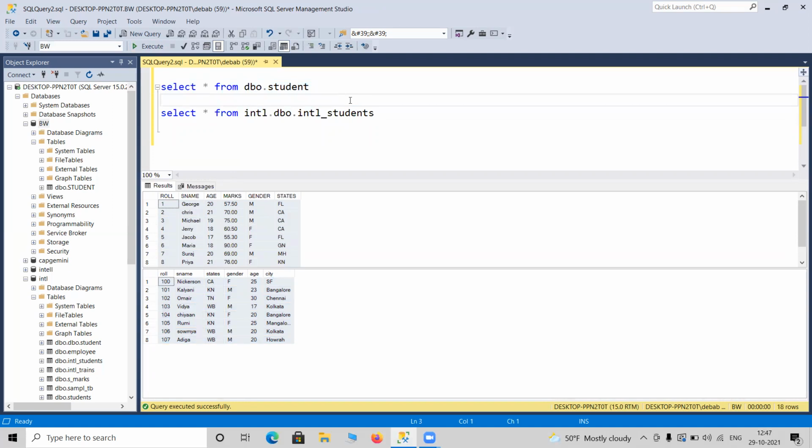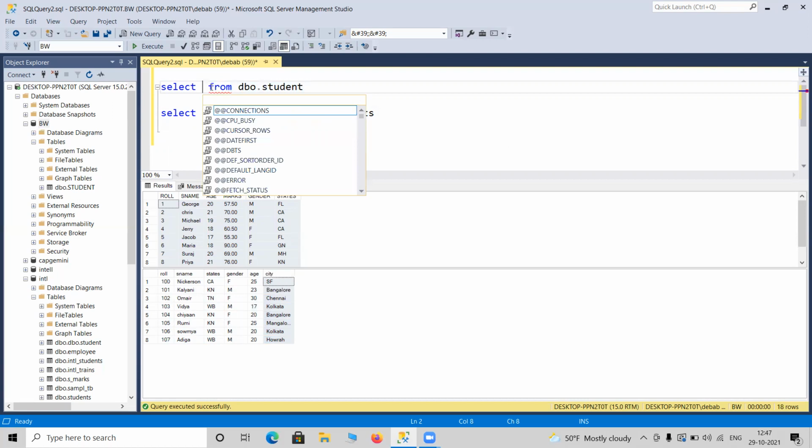Obviously, it cannot be combined directly, since the fields are quite different here. We have gender here, but we do not have marks here, and we have something like city here. But still, if I want to merge, there are two conditions. The number of columns in the top query and the below query should be the same, and the type of the columns should be the same.